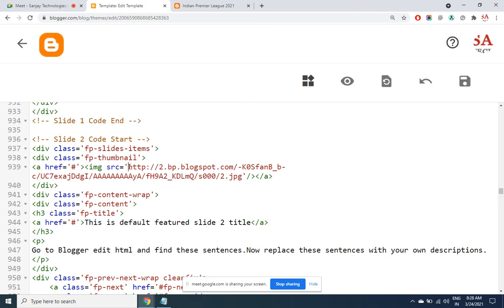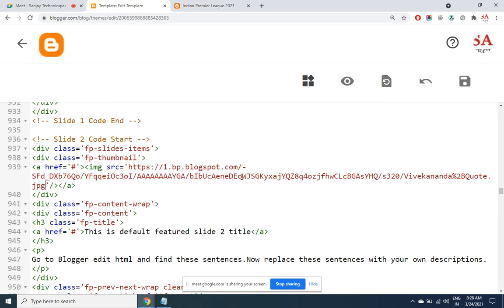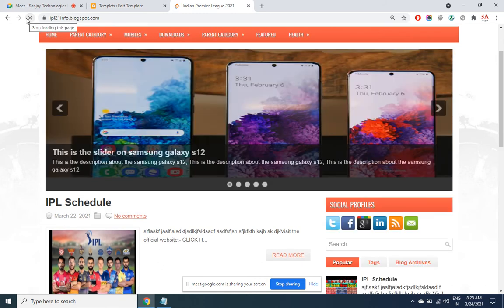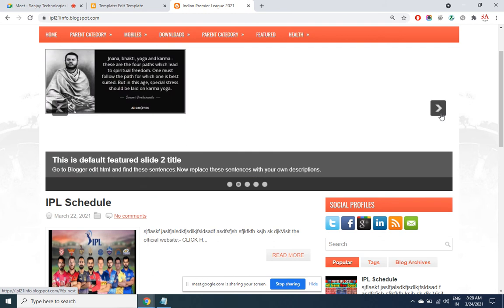And the default JPEG URL, I remove it and replace it with my JPG URL, which is of Vivekananda. Click on save and see the impact. Yes, we have got this image exactly how we expected.